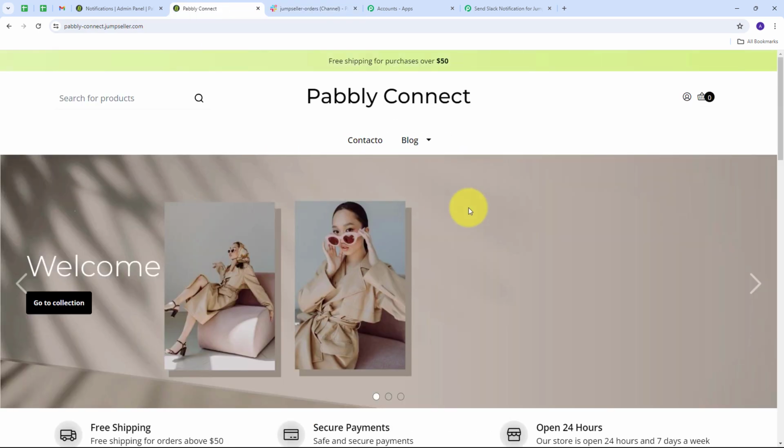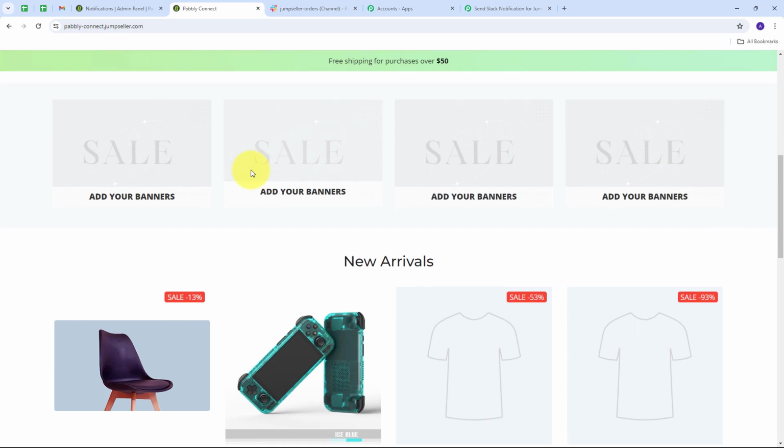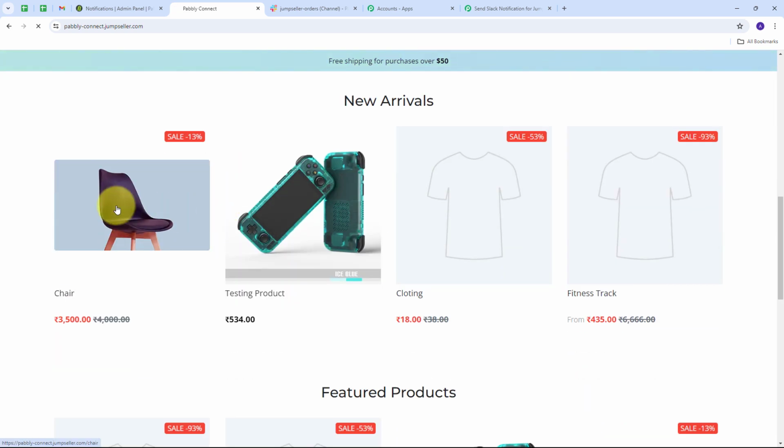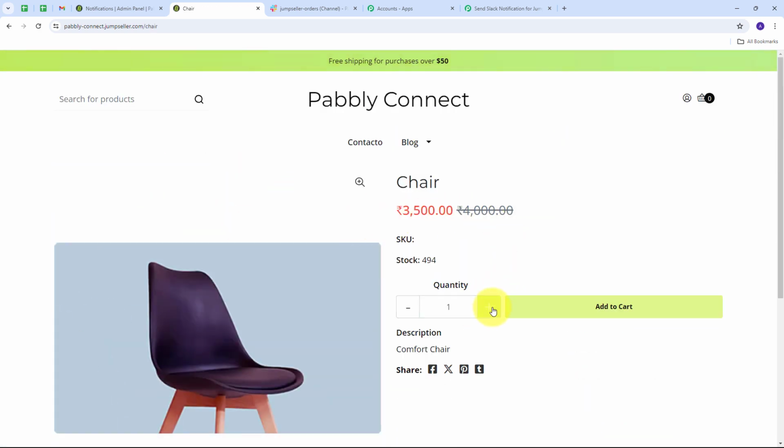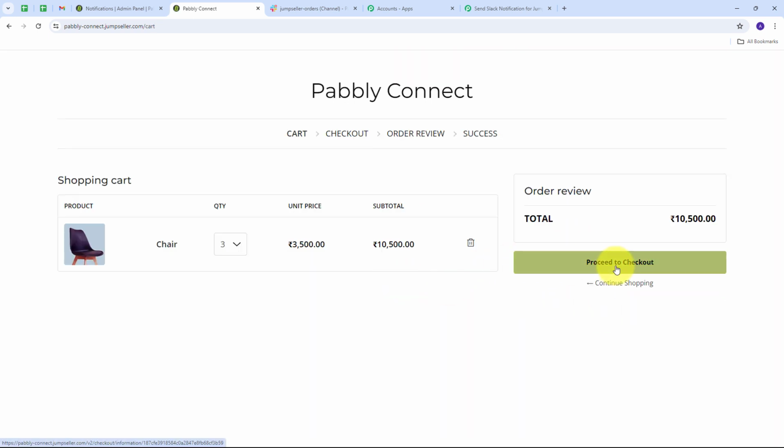I'm going to go back to my store, and here I'm going to make a new order. So again I'm going to buy this product, the chair. I'm going to add new quantities, so I'm going to make it 3. I'm going to add this to cart. I'm going to proceed to checkout,